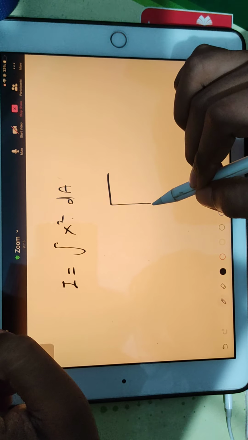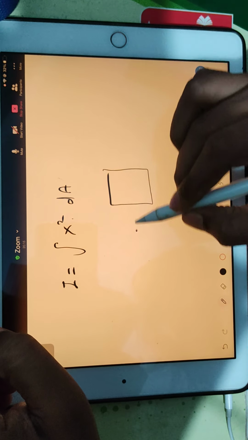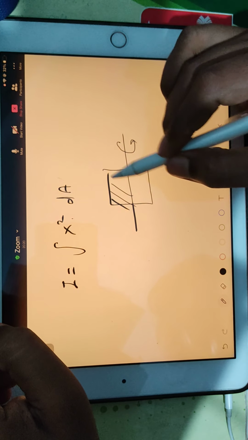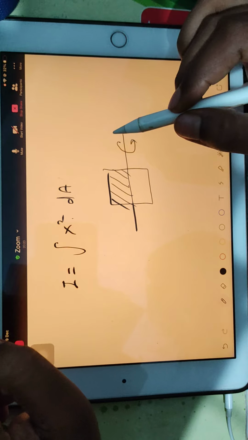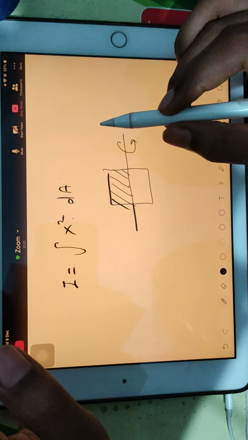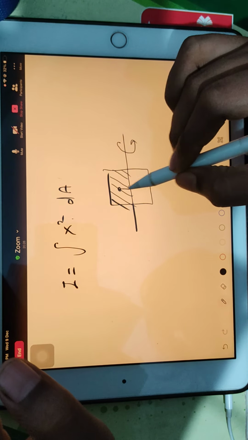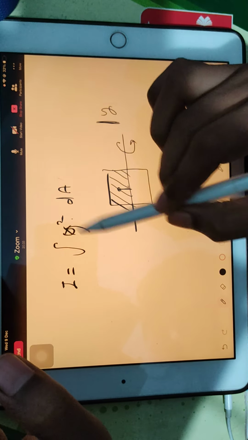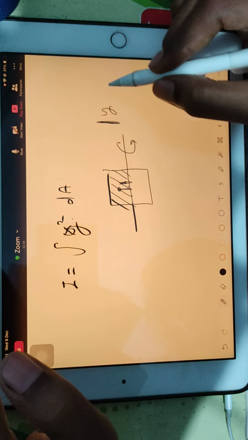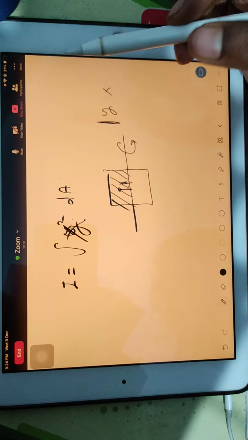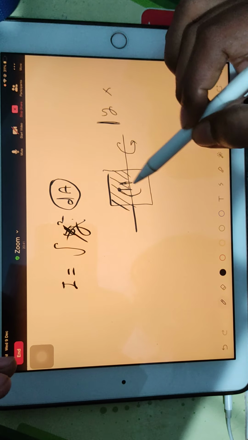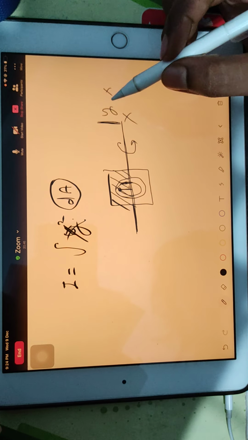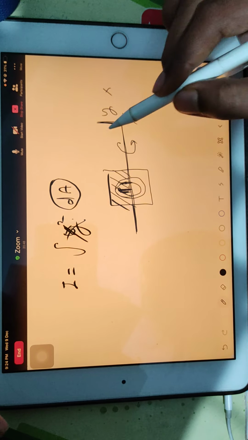Suppose you have anything and it is rotating about this axis. How much area is rotating? That area you multiply with the distance. Which distance? This distance. If you are considering this vertical axis as y-axis, then this will be y square. If you are considering this vertical axis as x-axis, then replace the name x. I mean, your area is revolving around which axis? This is the axis. If you are considering this as x, you will take this distance. But this distance is lying on y-axis.